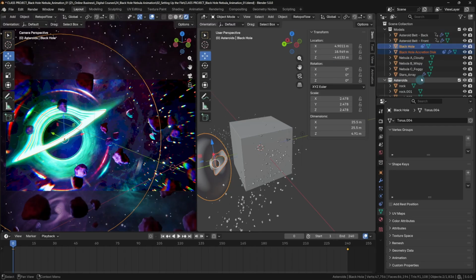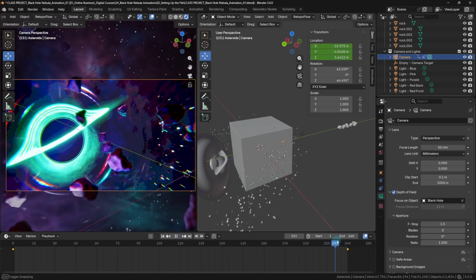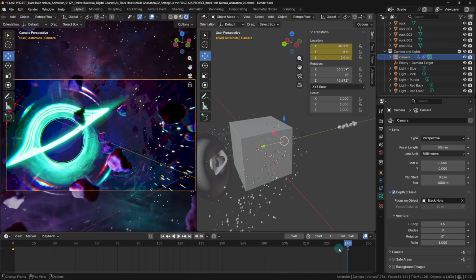So first let's go over here to the list, scroll down to the bottom, and then choose the camera from the list. Now in our timeline, we're going to go down here to frame 240, and now we're going to use a new tool to adjust the placement of our camera. So over here in our left viewport, we're going to click on this little lock icon, just below the camera icon. This button allows us to change the position of our camera simply by adjusting its perspective directly in the